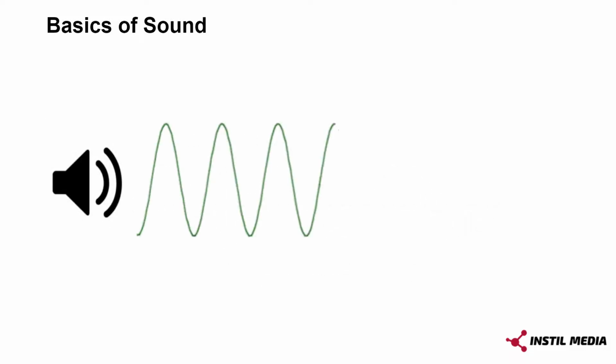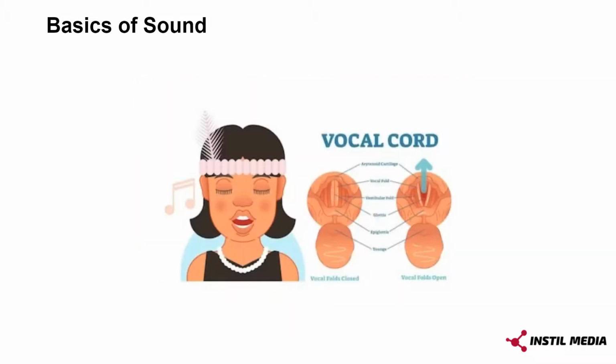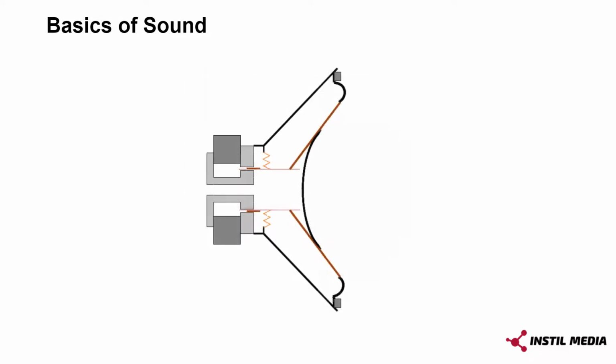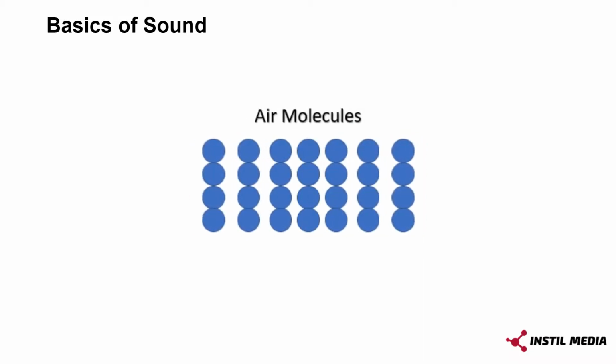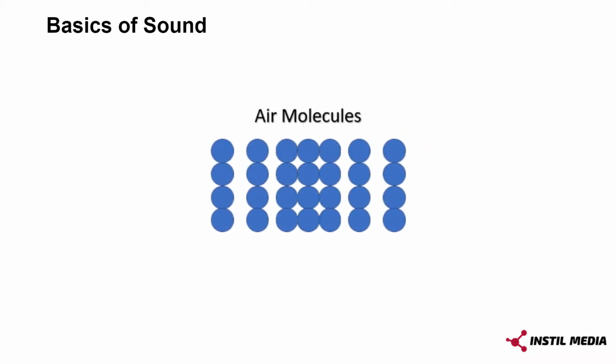Sound arrives at the ear in the form of periodic variations in atmospheric pressure, called sound pressure waves. Likewise, as a vibrating mass, such as a guitar string, a person's vocal cords, or even a loudspeaker, moves outward from its normal resting state, it squeezes air molecules into a compressed area away from the sound source.